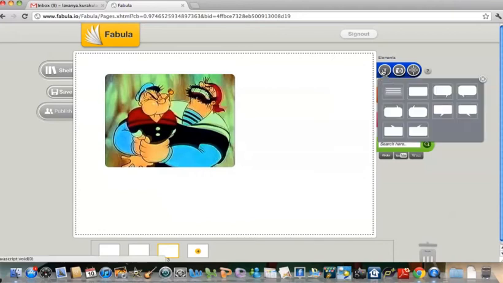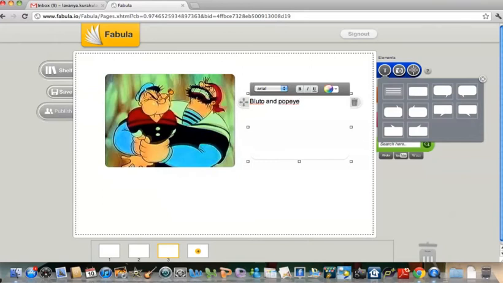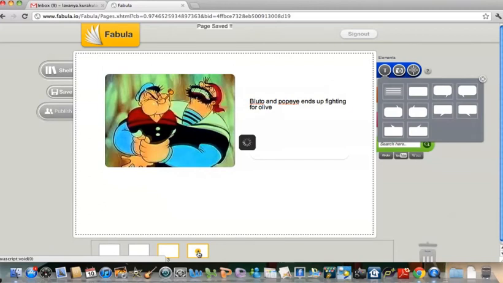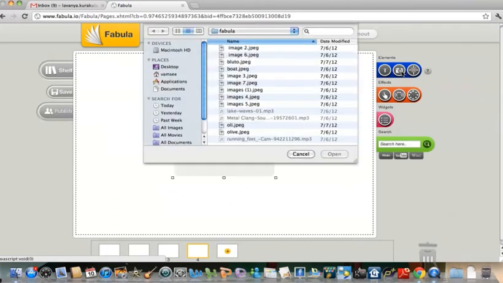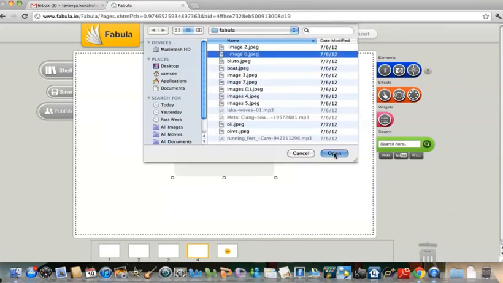So let me add a text. Bluto and Popeye end up fighting for life. So the next interesting part of the story will be Popeye intakes spinach. So as we all know, this is the interesting part of Popeye show, where he intakes spinach